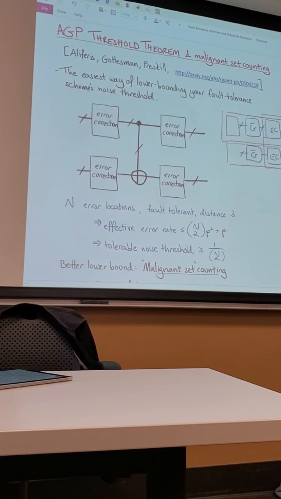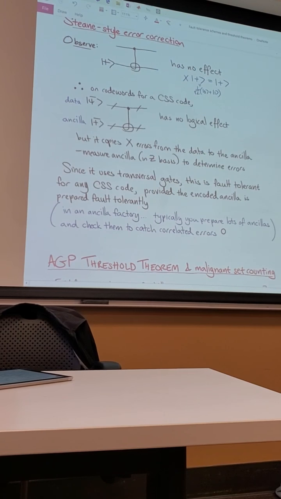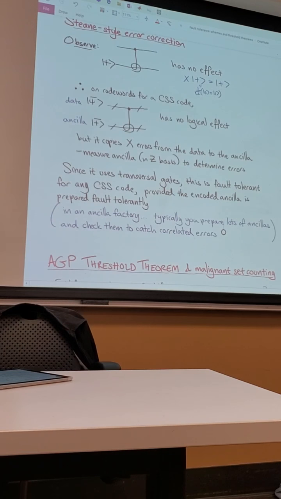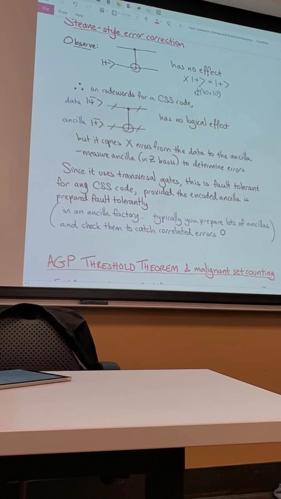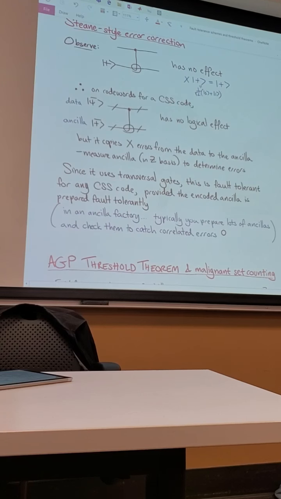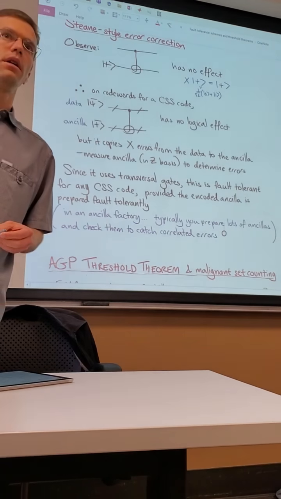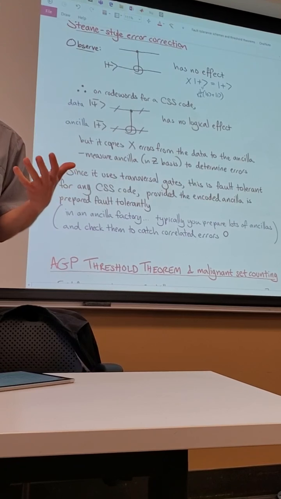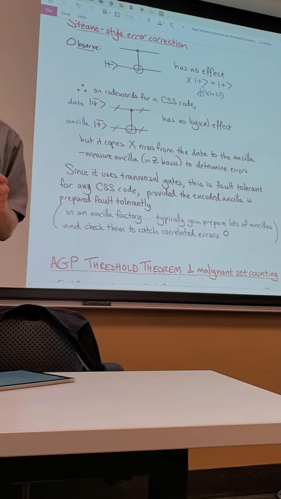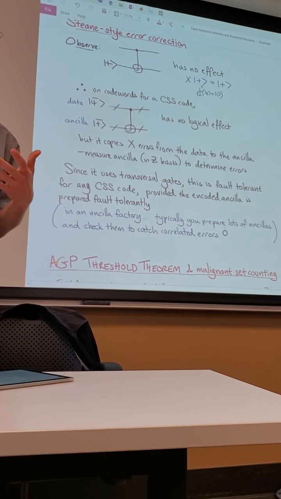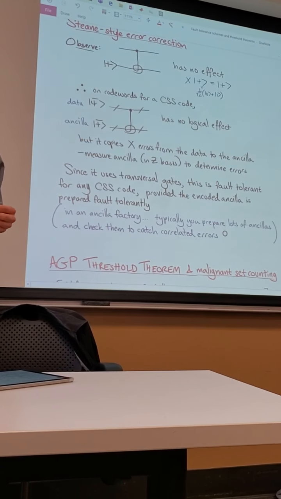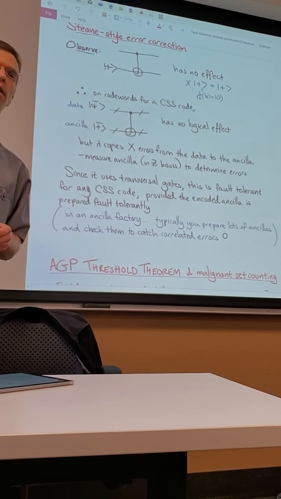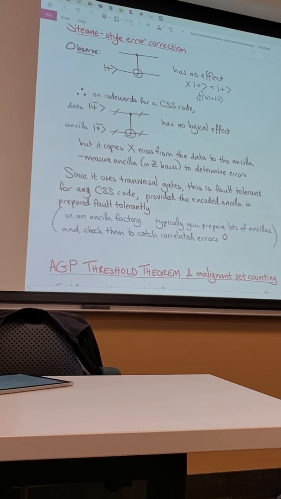Just in that last thing, you had a note about the ancilla preparation. I mean, it's a very common problem: the ancilla copies the errors back to the data. Yeah. And you just prepare really good ancillas to prevent that. So that's the same issue we had with the cat state. You can't just prepare the ancilla; you have to prepare it fault tolerantly. Right. It just depends on exactly what code you're trying to do. You need to apply some verification method to the ancilla to catch the errors. And yeah, like you'd like it to be